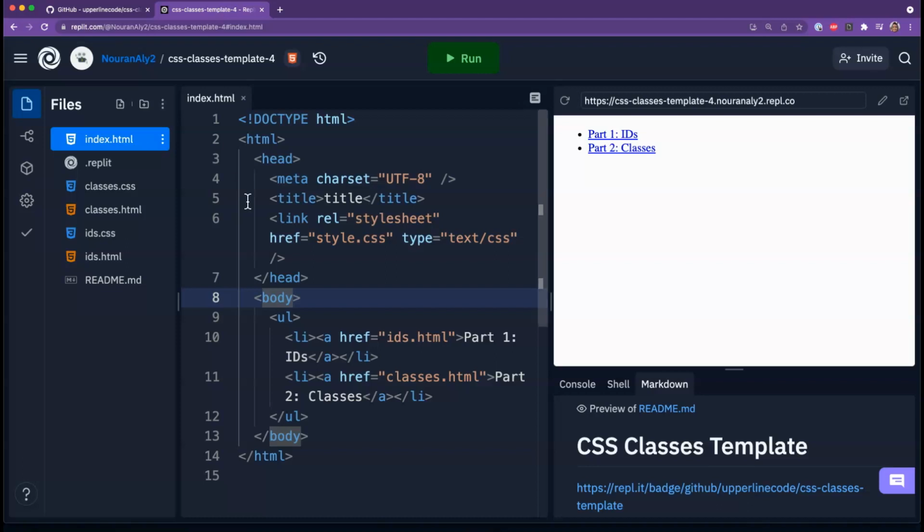So far, we've learned how to select and style elements using the element selector method. So let's say if I wanted the body of my page to be a certain color, I would go to my style sheet and just use the word body. If I wanted to select and style the H1 elements, I would go to my style sheet and use the word H1. Now this type of selection is really useful if my intention is to always have every instance of